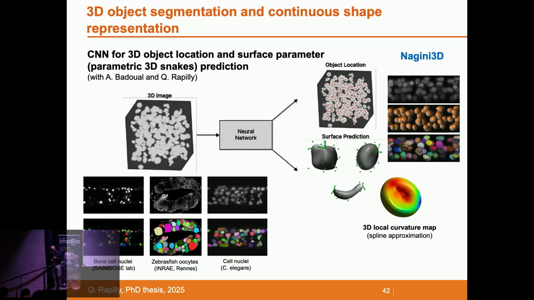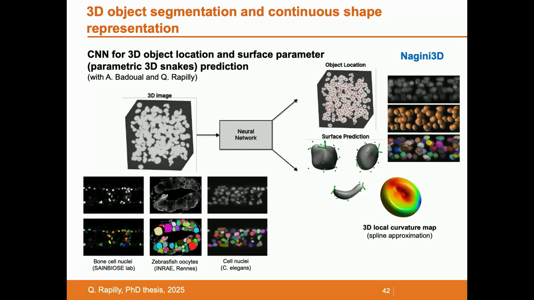Right, and now to conclude, just a teasing of recent work from a PhD student who will defend his thesis at the end of this year. I presented at the beginning of my talk the result of CellPose. CellPose was developed for 2D images, but CellPose is now available for 3D images as well. StarDist was also developed for 3D images, but the problem with CellPose and StarDist is that the outputs are binary maps, a grid of pixels, so you cannot compute curvature